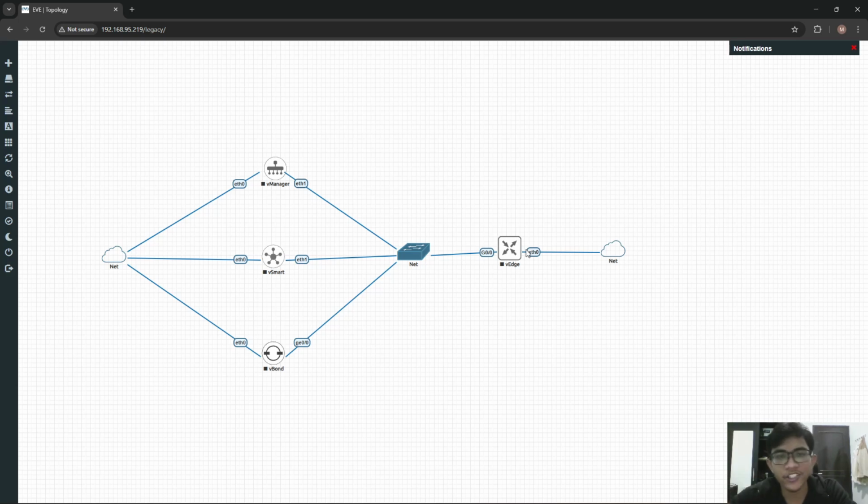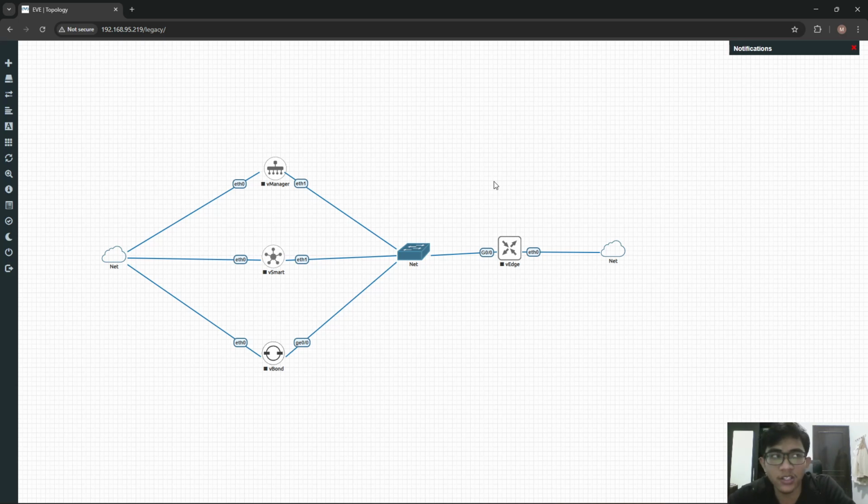And the vEdge handles data forwarding, encryption, and tunnel creation. So this is where user traffic actually flows. And now how they work together.